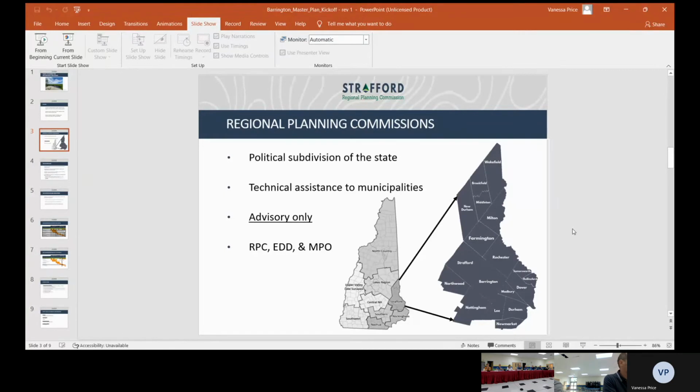The planning board has to vote on the project and adopt any master plan chapters. And for this particular project, the planning board has decided to form a steering committee, which is essentially this group here, if not entirely this group here. So that's who's going to be involved in the project. Of course,